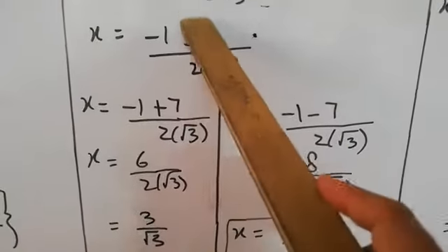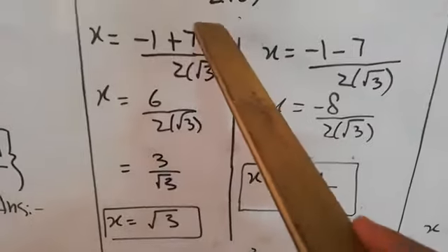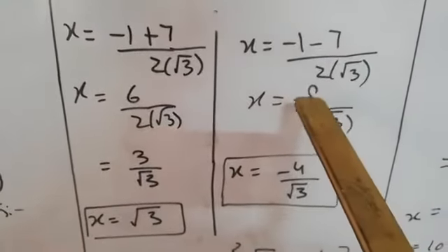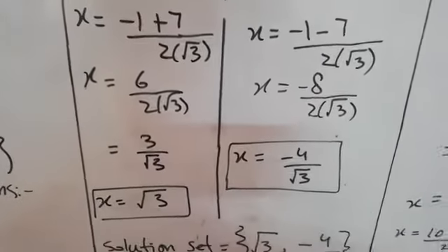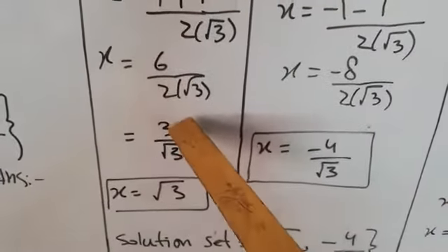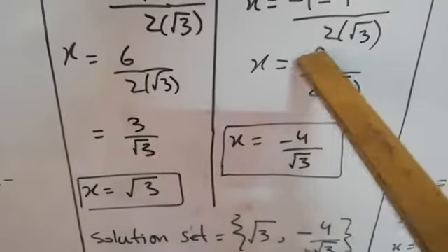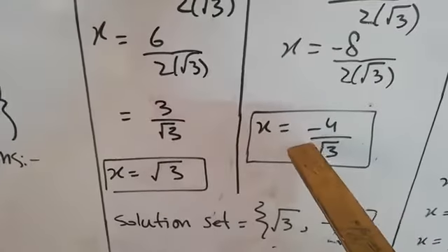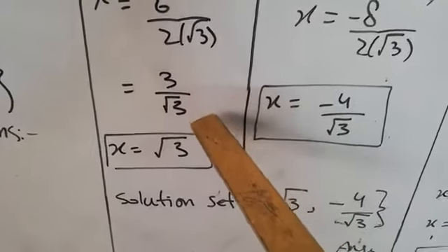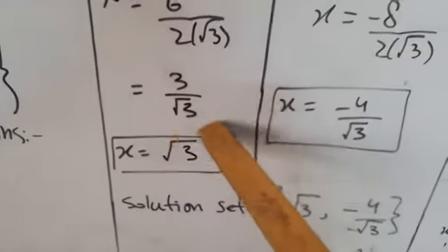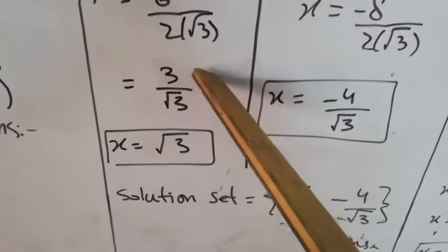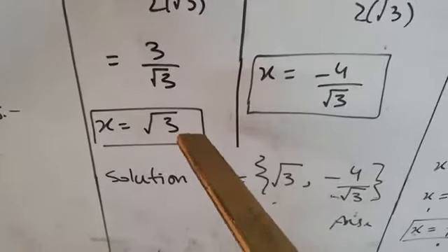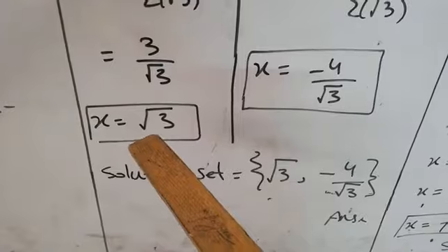We have two situations, plus and minus. So 7 minus 1 is 6 by 2 square root 3, and minus 7 minus 1 is equal to minus 8 by 2 square root 3. So 2 will be cancelled, we will get 3 by square root 3, and here 2 1s are 2, 2 4s are 8, minus 4 by square root 3. You can write this in this form, but it is better that you rationalize this. If you write this value 3 divided by square root 3 into a calculator, then your calculator will give you the answer square root 3.